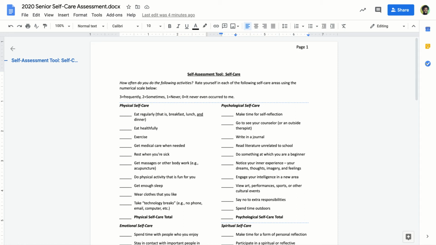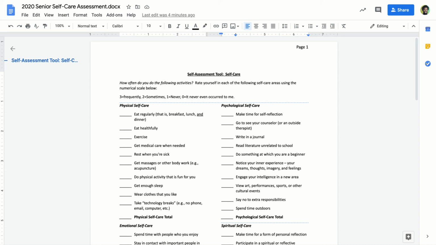So, how do you use this document? Okay. And I strongly recommend that you print it, right? If you have the capability to do so, and jot down notes, or you can just jot down notes for yourself on a separate worksheet. But in each of these areas, you want to think about the different behaviors listed and determine, is that something that I do frequently? Is that something that I do sometimes? Is that something that I've never done, but I've thought of before? And give it a 0 if it's never even occurred to you to do.